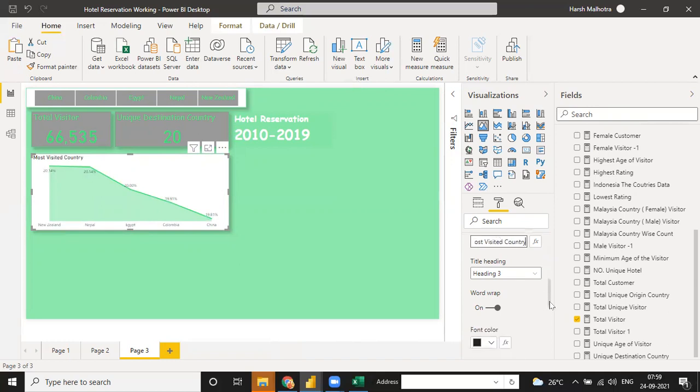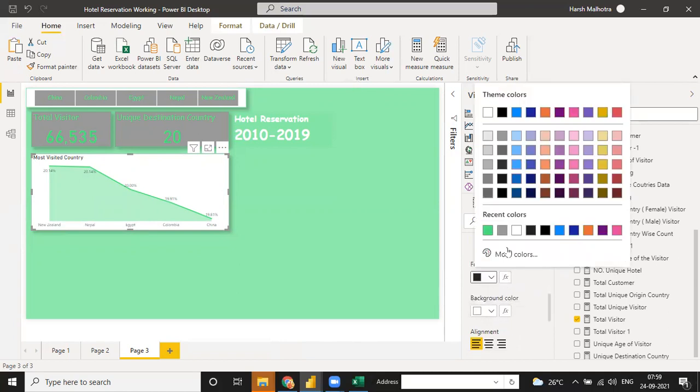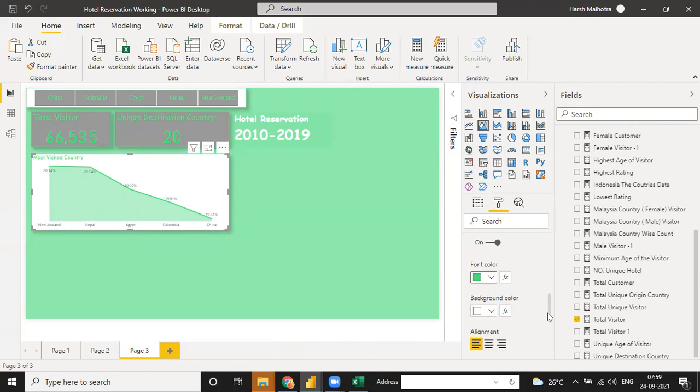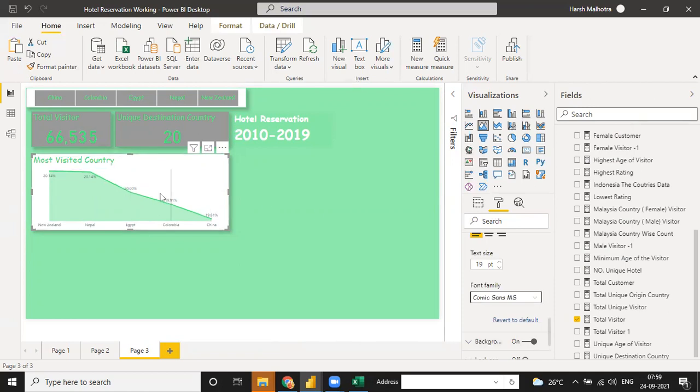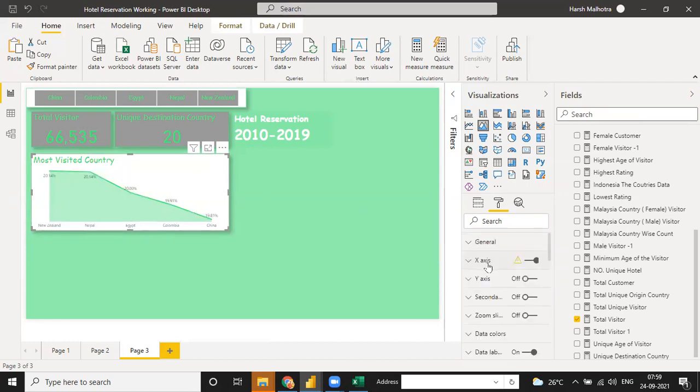Most visited country, and you can just go to font color as green. Okay. And for the data color, data label, sorry.